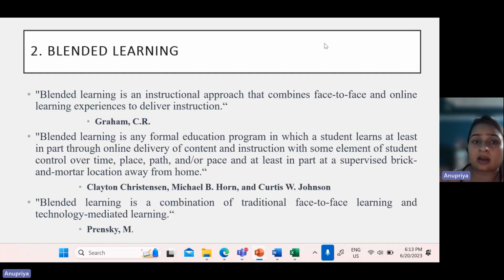So now let's start with blended learning. Blended learning is an instructional approach that combines face-to-face and online learning to deliver the instructions. I'm giving a few of the blended learning definitions given by popular authors. Graham gives this definition of blended learning, in which he said it is an instruction system that combines both face-to-face and